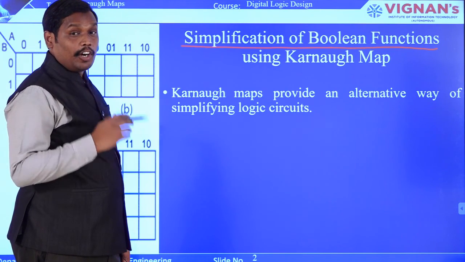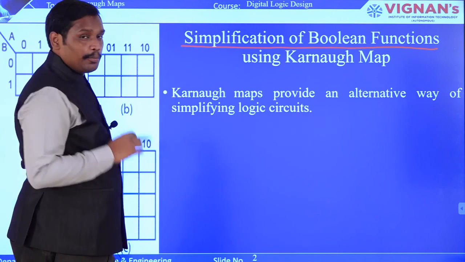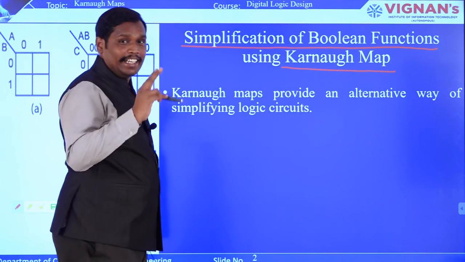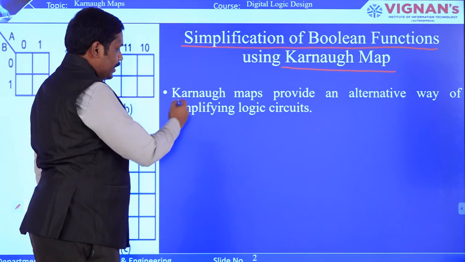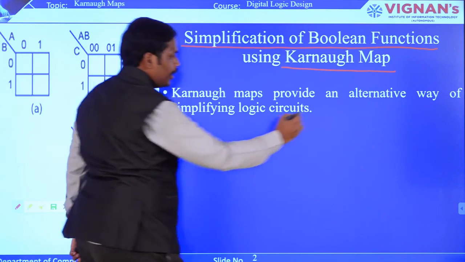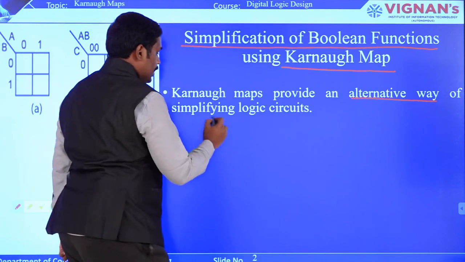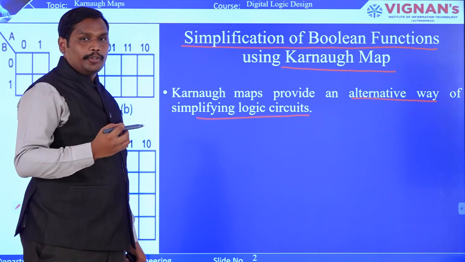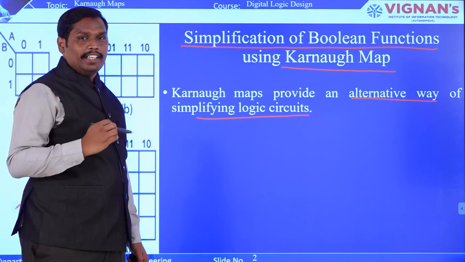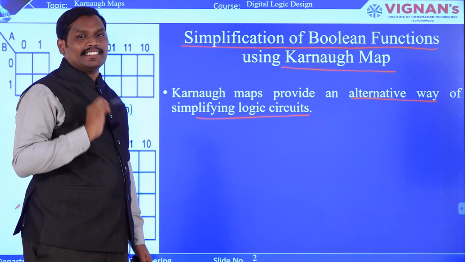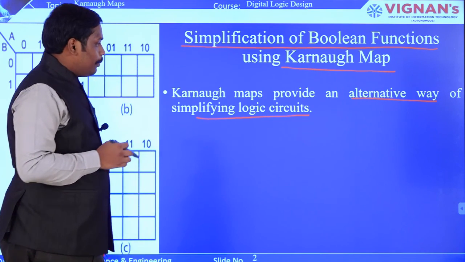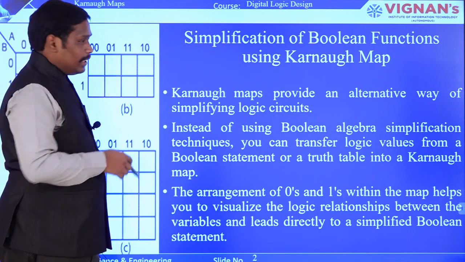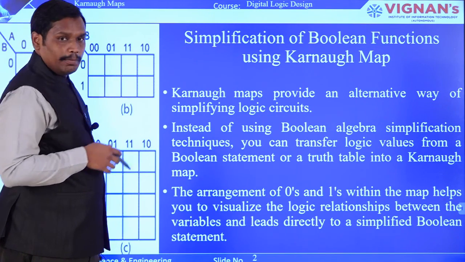Or Boolean formula or Boolean statement. So that particular Boolean function must be simplified using the Karnaugh map. As I told you, this is a second technique. The Karnaugh map is an alternative way for simplifying the logic circuits, because whenever we are designing any circuit, the hardware components have to be fewer and the cost should also be considered as a parameter to reduce. Based on these two, we can say that using the Karnaugh map we can simplify the Boolean function.